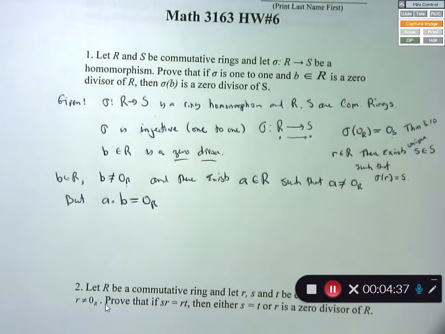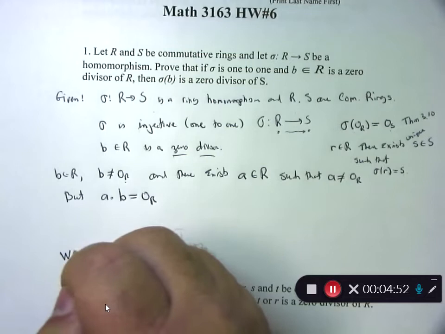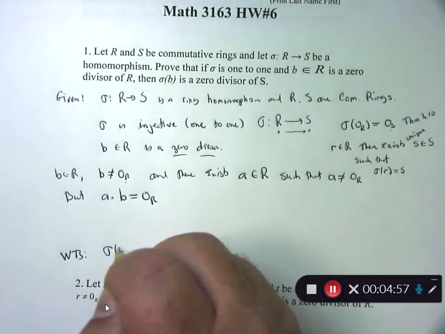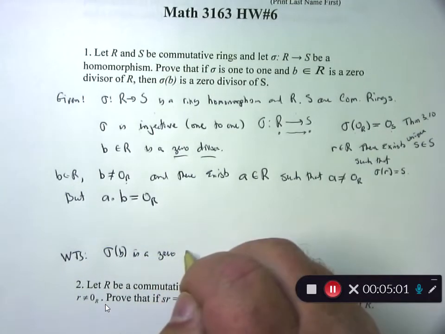But you do have to talk about this idea of non-zero elements, a traditional zero divisor. Now, let's talk about what you want to show. So put it down here. I want to show that sigma B is a zero divisor